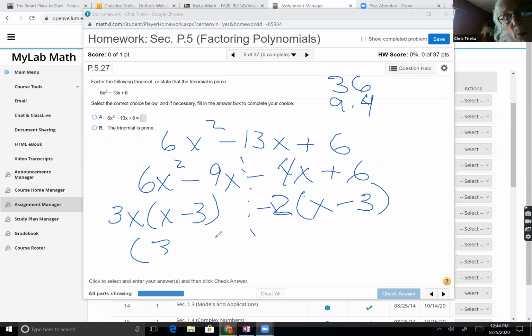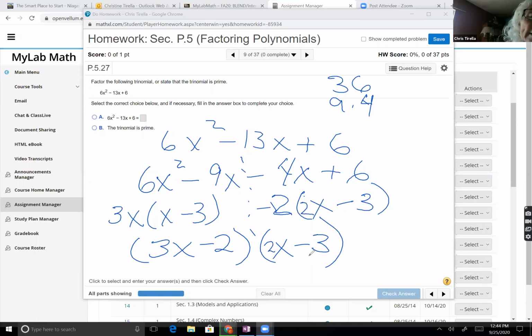So that was what we had called the AC method, which falls back on the factoring by grouping. But again, it takes middle steps. So at this stage of the game, whatever method of factoring works for you. But if you can get used to that trial and error, you get to the point where you can just look at the trinomial and see the factors. So, okay.